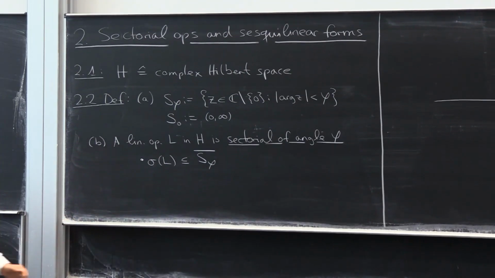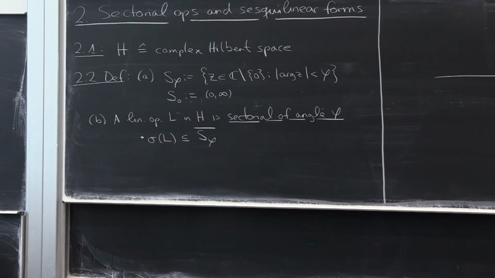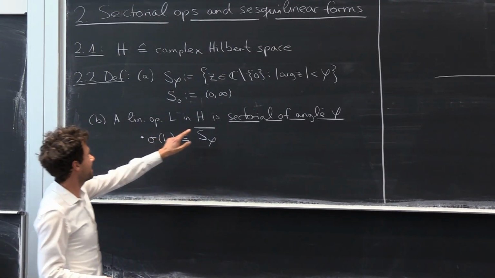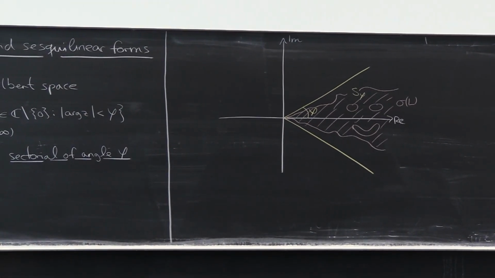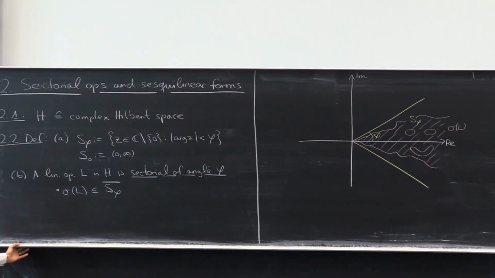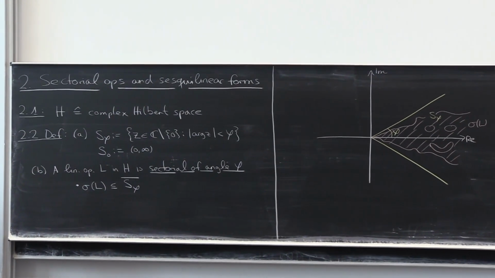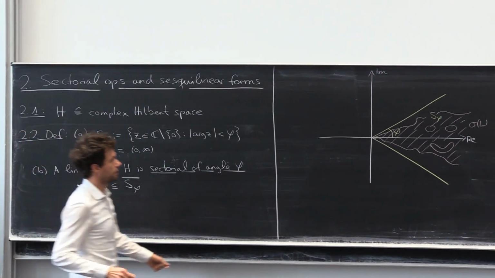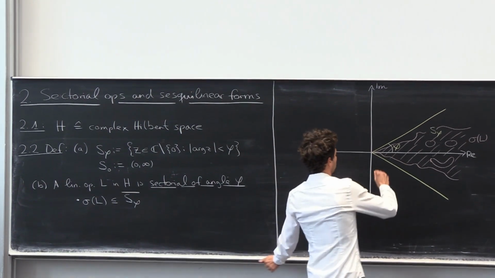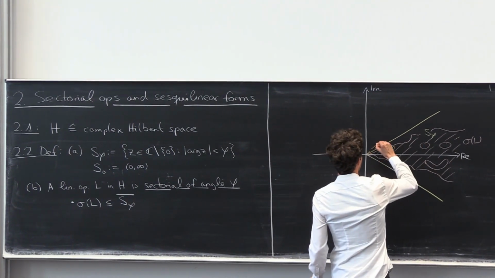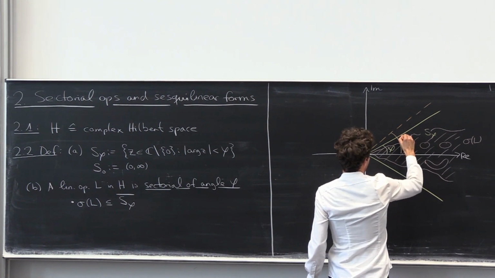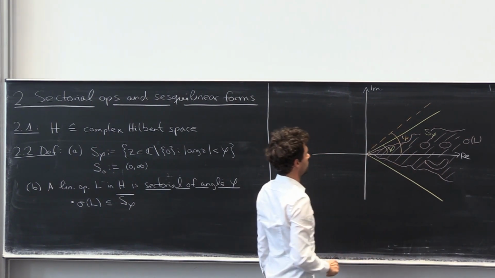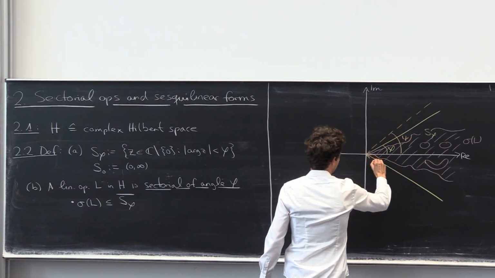I need to think what serious stuff I want to tell you. Okay, so the first restriction of a sectorial operator is that the spectrum is trapped inside of this closed sector of angle phi. And then the second thing is that if you draw a slightly larger sector, okay, let's draw in orange, a slightly larger sector, the angle of which is going to be psi,